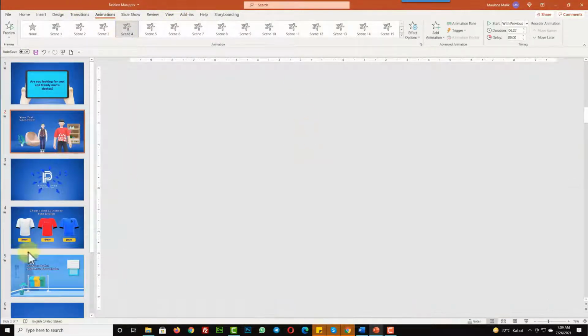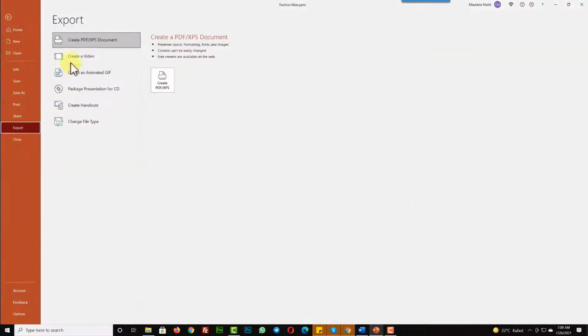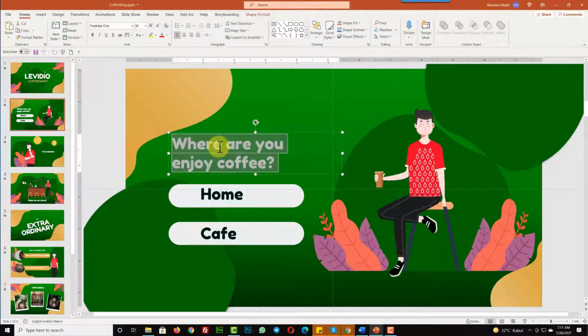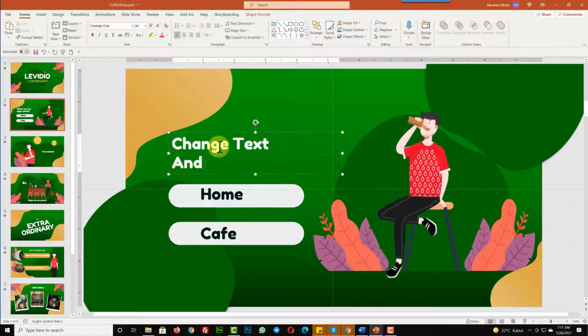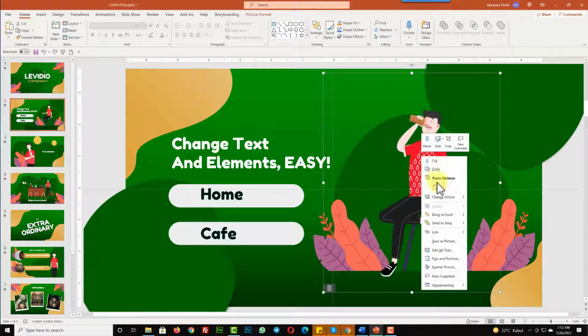They have done everything in their tutorial videos on how to use this toolkit to make an awesome presentations and videos using PowerPoint. You can find these tutorial videos in module level folder. Okay, not only 3D characters in this toolkit, you will also get a tons of 2D characters.